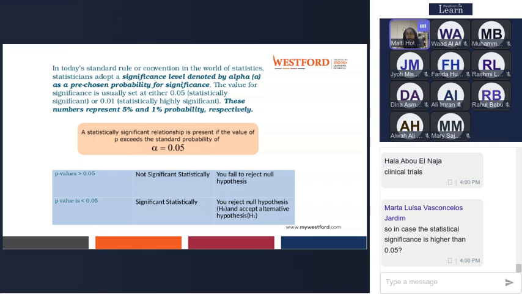We generally don't say that we accept the null hypothesis or accept the alternate hypothesis. We say we fail to reject the null hypothesis, or we say we reject the null hypothesis. We don't say we accept the null hypothesis.